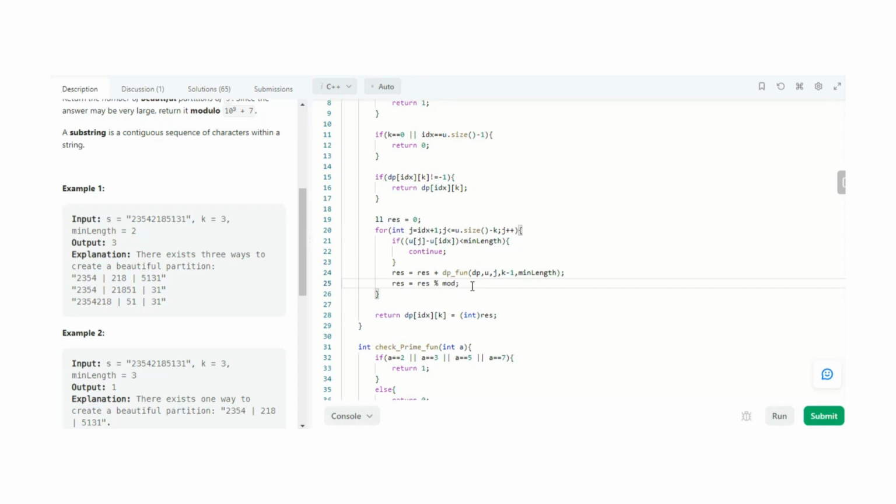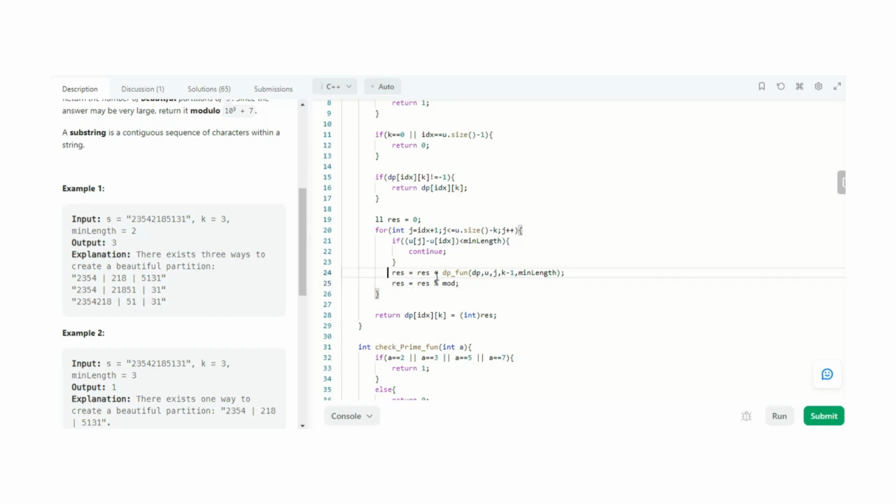As in the previous test case in which we drew the tree-like structure, there is only one possible way of partition. So whenever we get a valid substring, we will return 1.